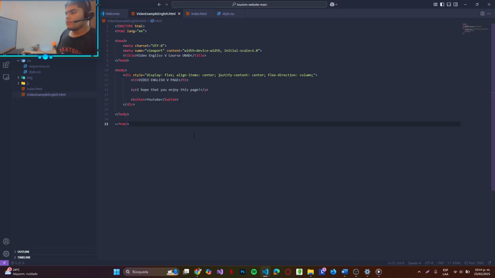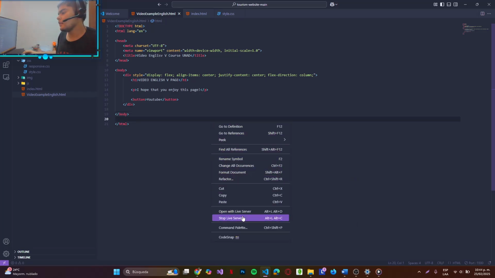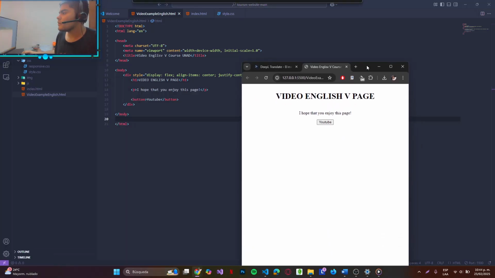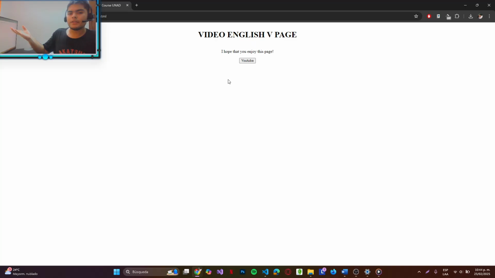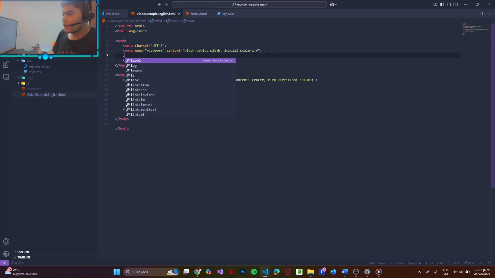So if we want to see how the page is going to be, we have to click right and open with live server. We can see our page is going to be like this, but if we want to add some style like a background color to the main title, we can add the next file. So we need a link with CSS,